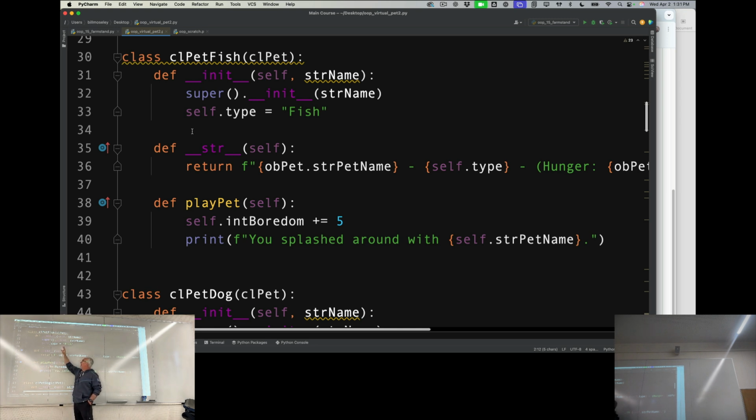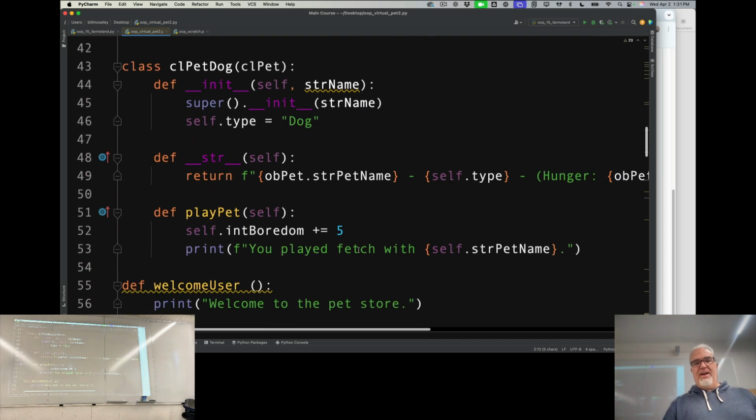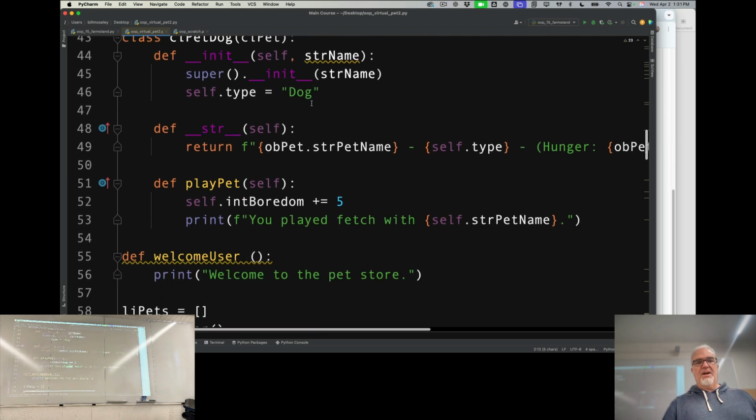The play pet method for each one of these is the same method, but I'm overriding it because I want a species-specific type of play behavior. So we're going to say we splashed around with the pet name and we played fetch with the dog. Okay, so we've got the fish, got the dog,